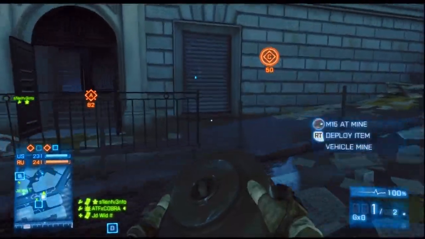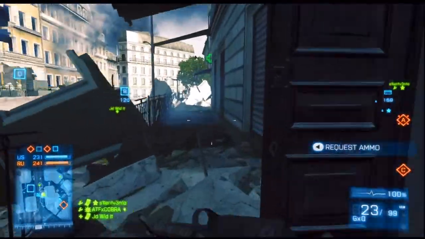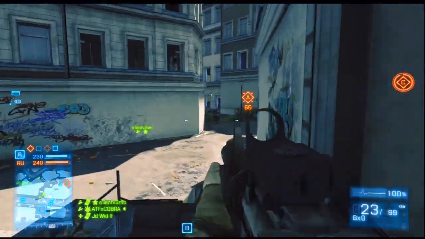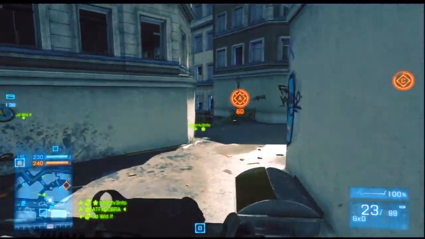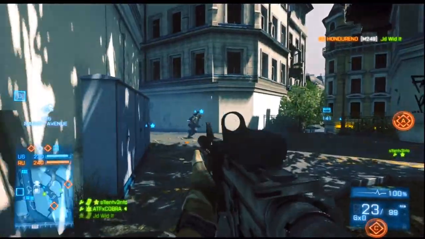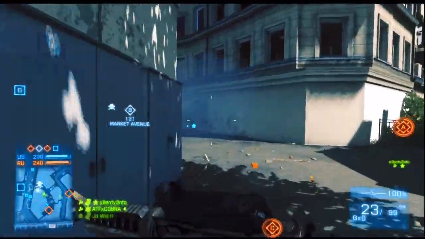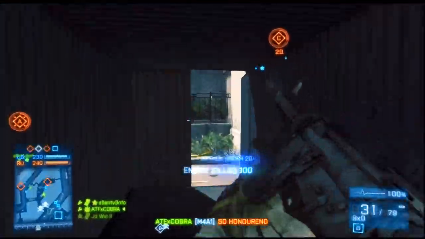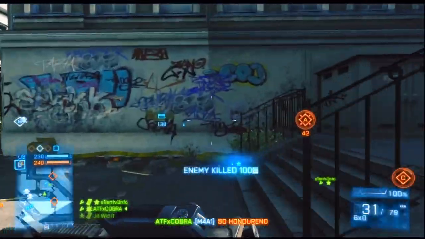And here I was watching out for this tank. The reason I also had mines on this is because I knew that in this map there's not going to be too many vehicles, so I'm not going to need to repair much of anything. So I didn't have the repair tool. I just wanted to set down mines just in case that tank came across. And because of this, I kept the tank from penetrating any of our defenses